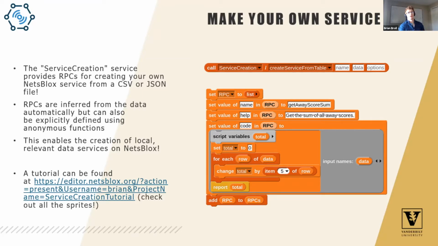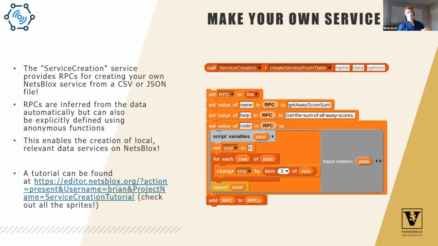If you have a CSV or JSON or some other set of data, you can import it into NetsBlox and get a table view of the data. And then using this RPC, you can actually create a service that other students can use. So then many other people can have access to this data set as well.